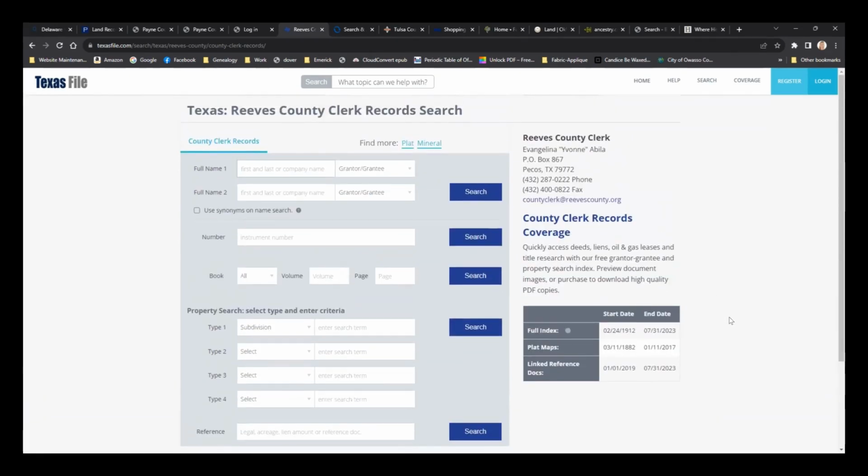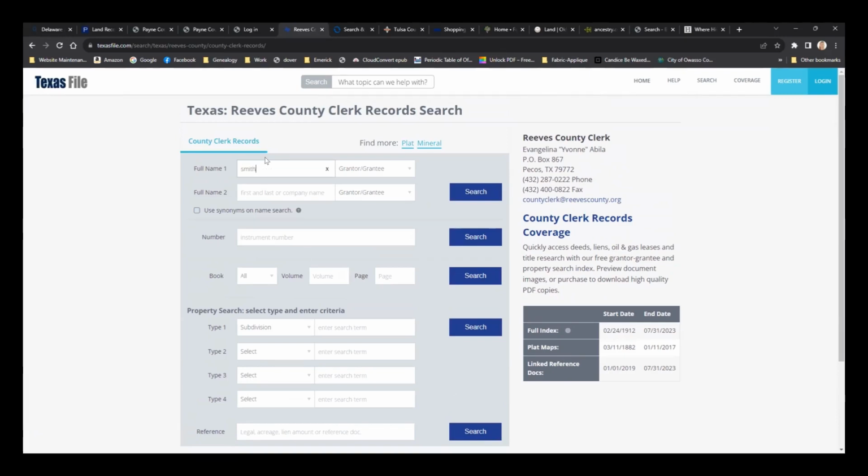A linked reference document is when, in Texas, they refer back to previous deeds in lots of documents. If you search for a legal description, you'll see all of these different documents that relate to a particular piece of property, and a lot of them refer to a certain document, and it will show that information in the list.